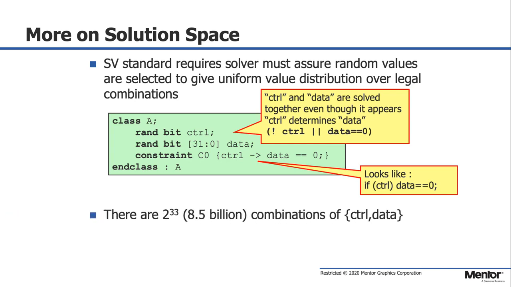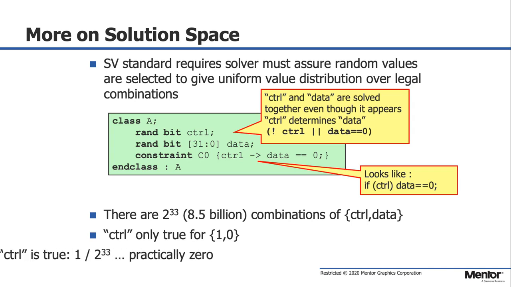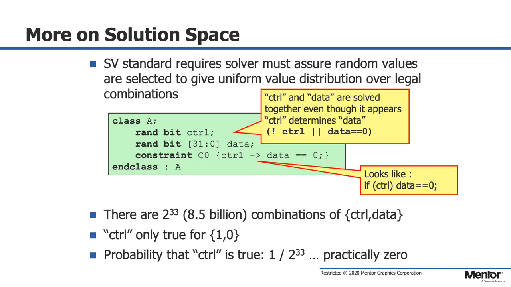And if we look at these possible solutions, there are 8 billion combinations of control and data, but only one solution where control is 1 and data is 0. So that means the probability of control being true is 1 over 2 to the 33,